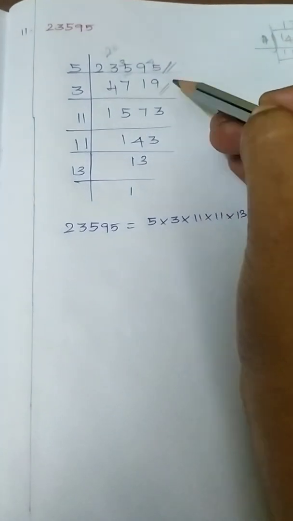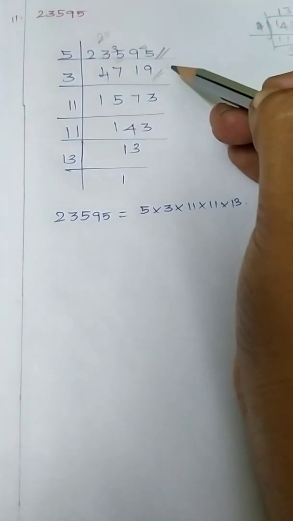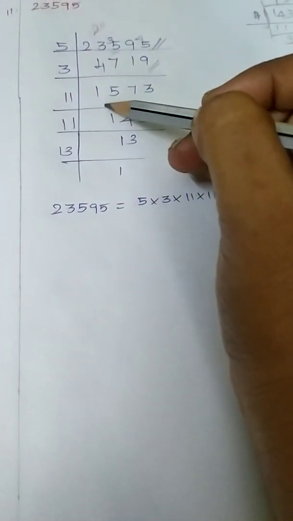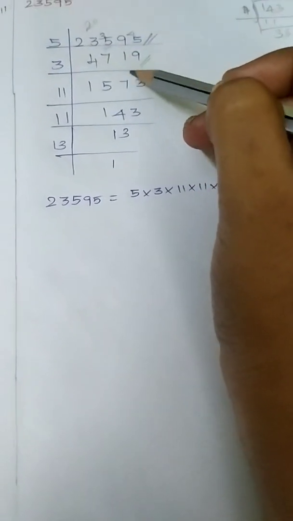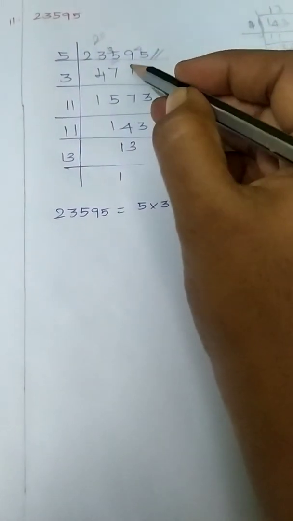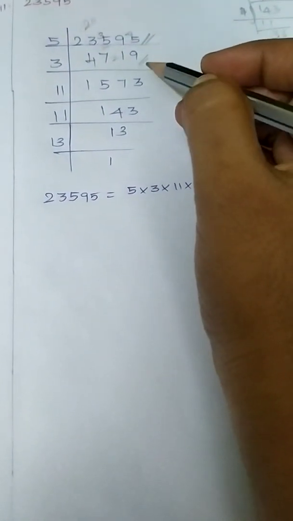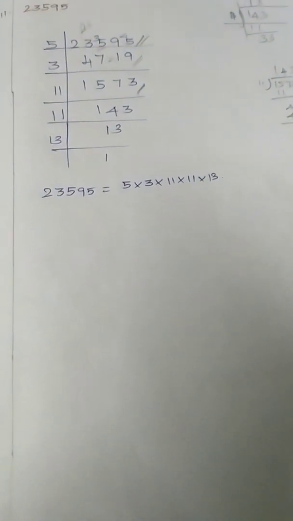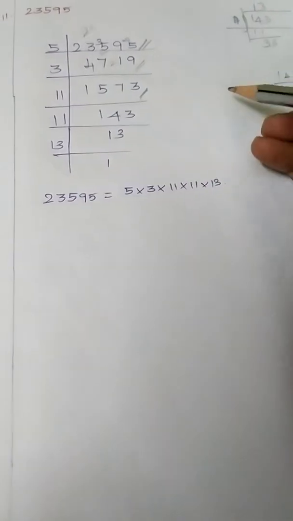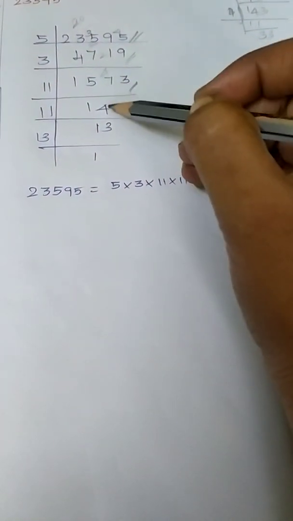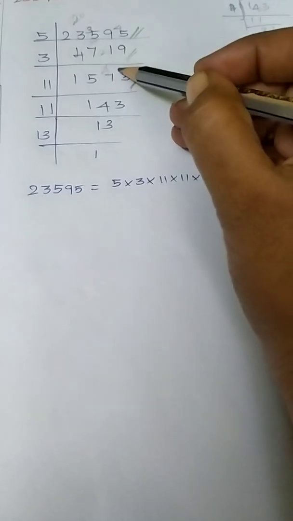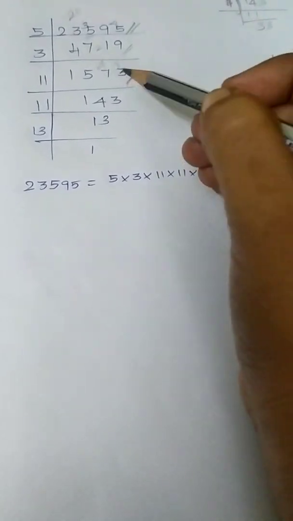Your rightmost digit is 9. We will do it by the 3 table. 1 3 is 3, carry over 1. 5 3s are 15, carry over 2. 21, 7 3s are 21. And 3 3s are 9. If you have a number like 3, you can try it by the 3 table. I am trying it by the 11 table. 1 11 is 11. 4 times 11 is 44, carry over 3, 33, so 3 times.